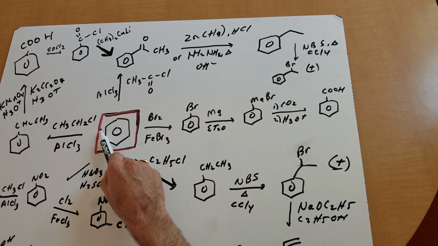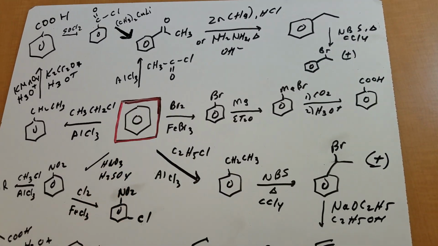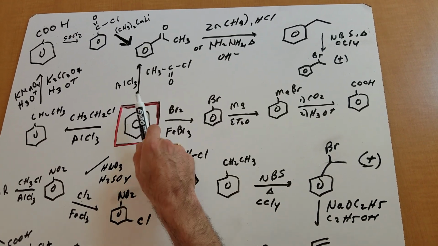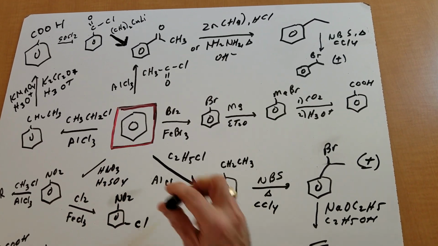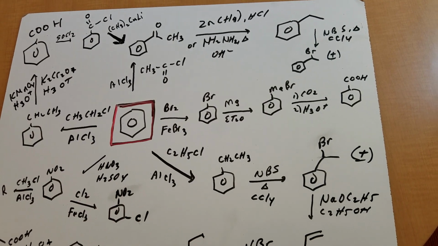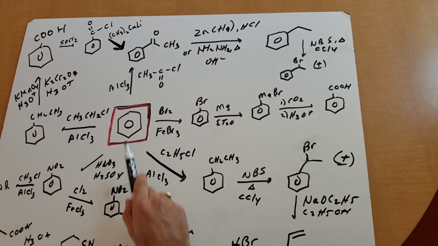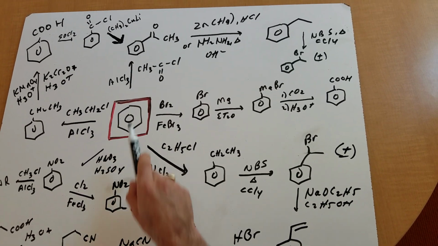Now, we're going to start off with benzene. And the way we're going to do this roadmap is if I go straight up, that'll be 12 o'clock, just like a clock. This will be 3 o'clock to the right of me. Down would be 6 o'clock. To the left of me would be 9 o'clock. First thing we're going to do is start at 12 o'clock, and I'm going to go straight up and